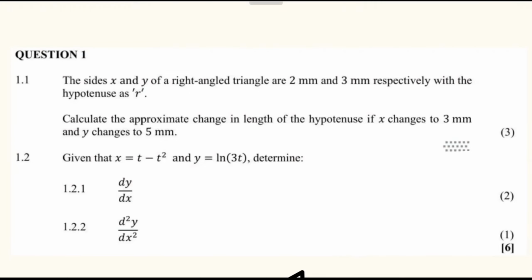My name is Pino. In this video, we go through question 1 from the July 2025 N6 Mathematics question paper. Question 1.1 states that the sides x and y of a right angle triangle are 2 millimeters and 3 millimeters respectively, with the hypotenuse as r. We are to calculate the approximate change in length of the hypotenuse if x changes to 3 millimeters and y